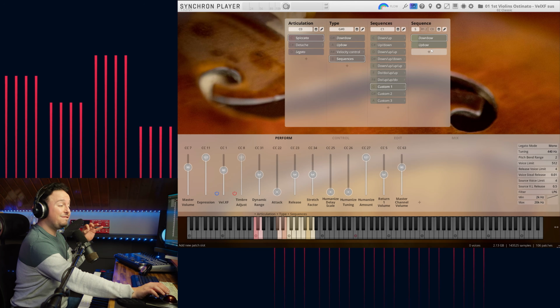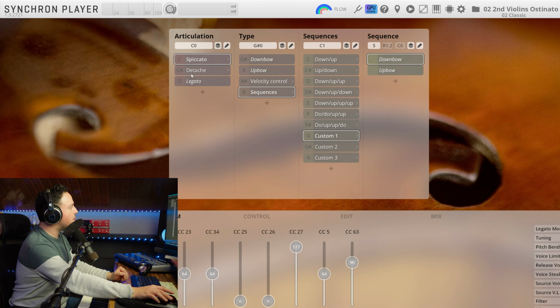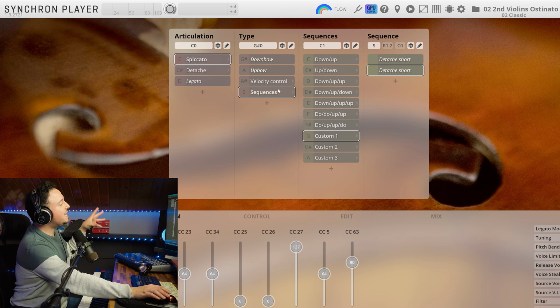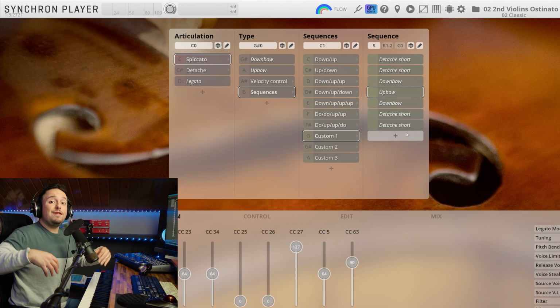And if you don't have enough, you can still create more sequence slots by clicking on the plus sign just right here. If I want to add more articulations in my sequence, I can go search within the other categories. Just have to right click and click on copy slot. And so right after this, let's come back to our custom sequence. And it's just as easy to click on the plus sign, right click and choose paste slot. And so this way you can create sequences that have more than 4 different sounds lined up. And with this, my friends, you can just have all the fun you want.